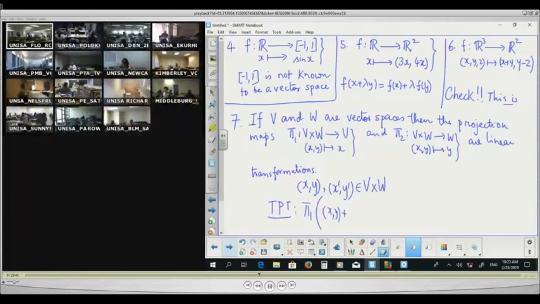that phi 1, so I'm doing it in a little more expanded way, lambda times x prime y prime is phi 1